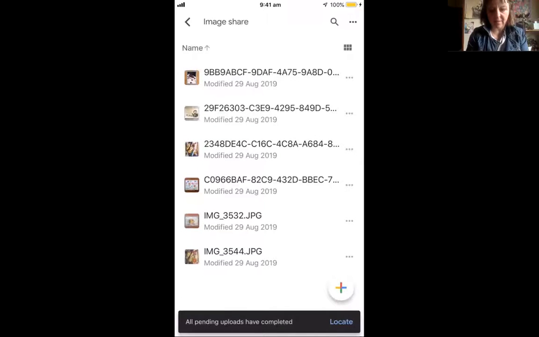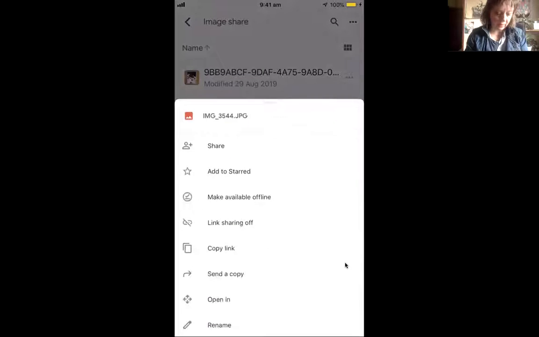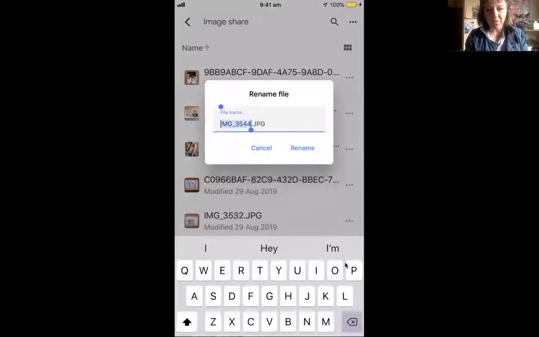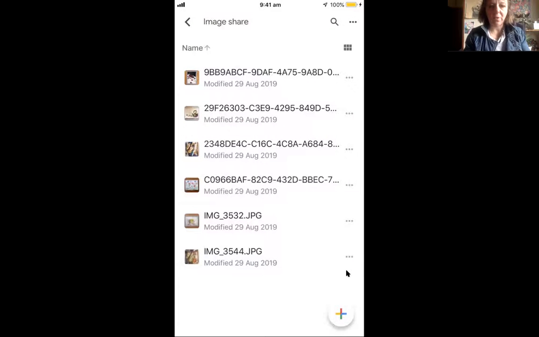I can either click these three dots here, and one of the options will be to rename it. But I do find working on my phone a little bit fiddly. So what I prefer to do is, once they're uploaded, I'm going to show you how easy it is to go to your computer